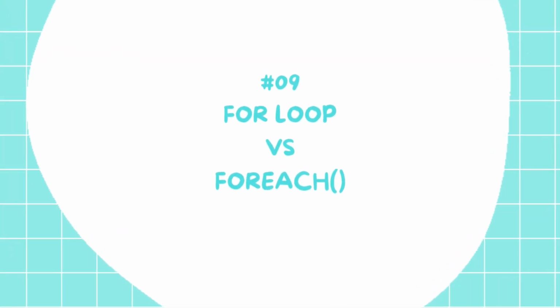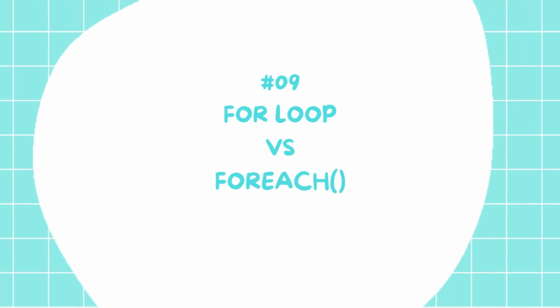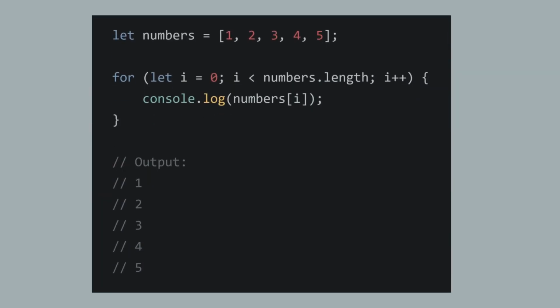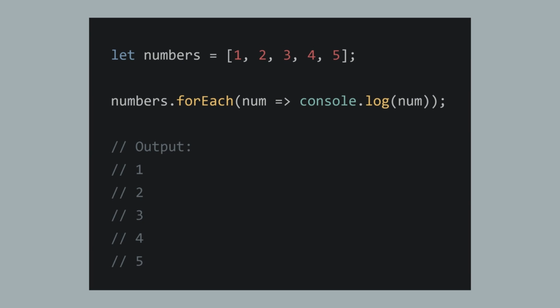Number 9, replacing for loop with forEach. Instead of looping through an array of numbers with the for loop, there is an easier way to do this with the forEach method. With the forEach method, you can loop through an array of numbers with just a very simple line of code. You should check out my video on JavaScript array methods to learn more about the forEach method. In this example, we can see that the forEach method goes through the array and console.logs the numbers in